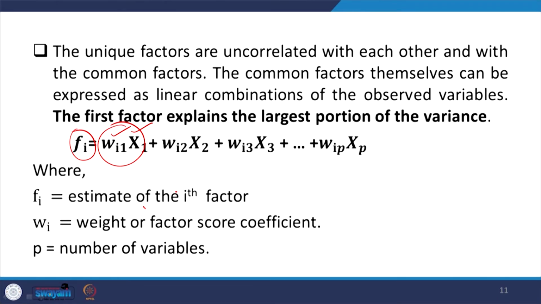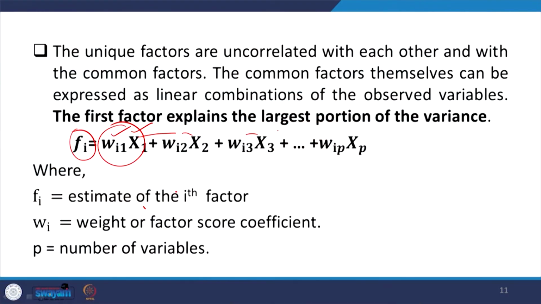So, the linear combination of the observed variables, here we mean these are the observed variables and the linear combination based on their respective weightage. Okay. But the first factor, if you can define, I will explain with the help of an example through Stata. The first factor, if we explain that, actually represents the largest proportion of the variance. Okay. The largest disturbances in the model should actually be explained by the first factor. Okay. Fi, maybe F1, F2, F3 depending upon the number of factors it has defined. But the first factor generally defines the larger proportion of variance.